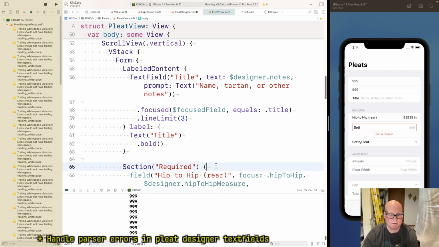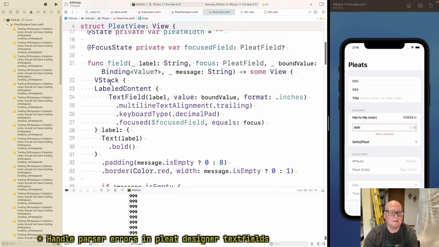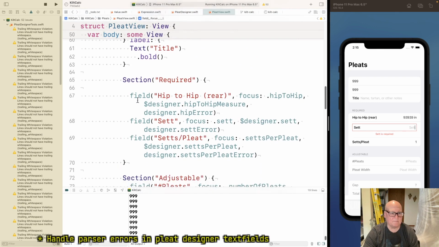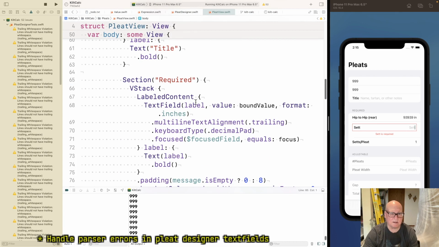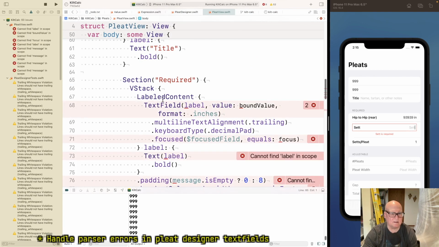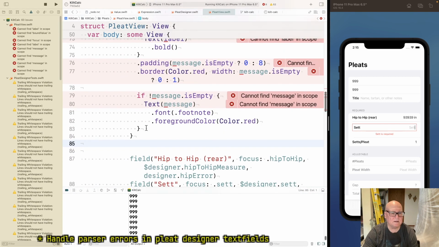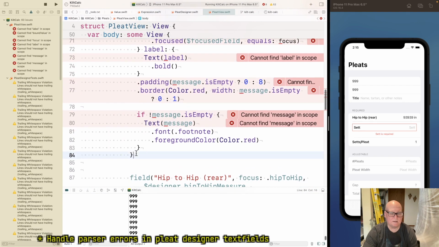So let's make a field. I don't know how much I've got to do here. I'm going to hard code stuff in and make my own hip to hip field. Okay, labeled content. Can I just pass this in?